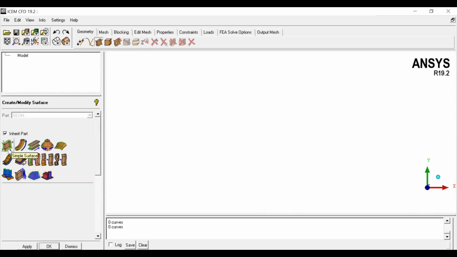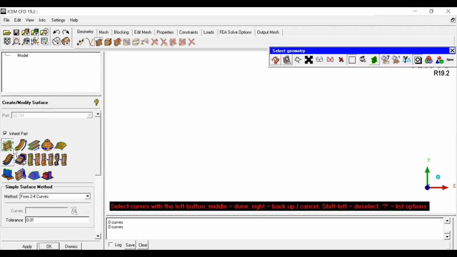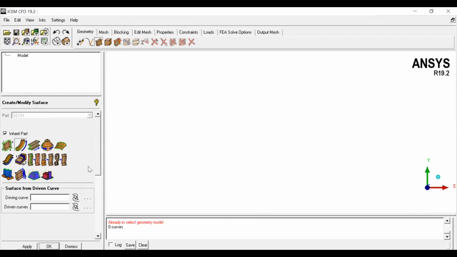In the surface command, first we explored a simple method, generating a surface from existing lines. The second one is the curve driven option. We generate one curve which is used for driving, and we select the driven curve which needs to be extended, which needs to be generated as a surface.